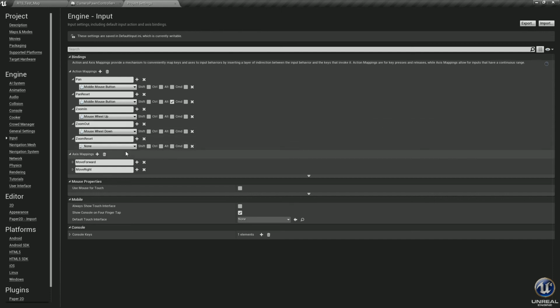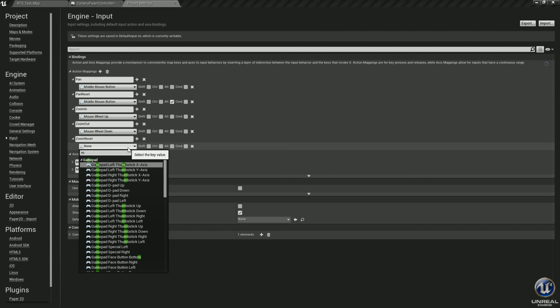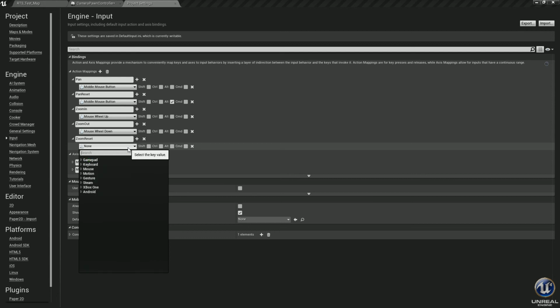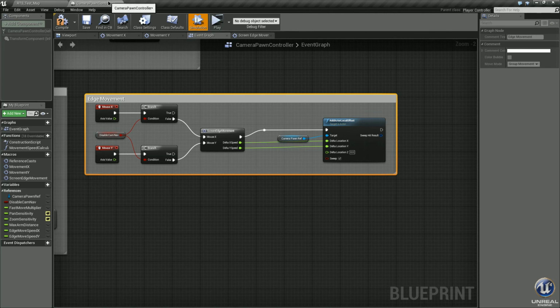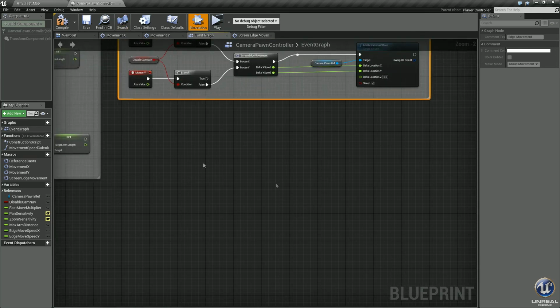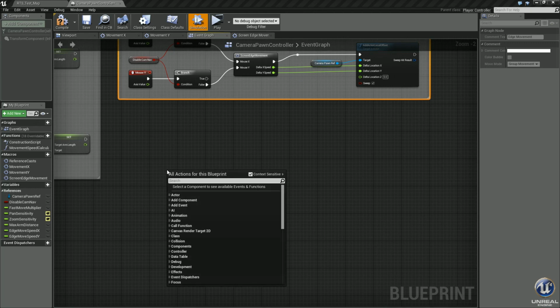Yes, middle mouse button, just like we did for the pan, except if you remember up here, for the pan reset we pressed Alt. This one, I want to press Control. So click Control, middle mouse wheel will reset our zoom. Go ahead and right click and add zoom reset.